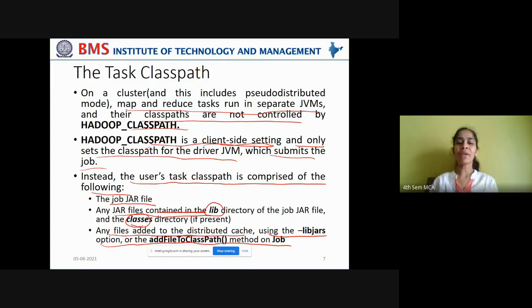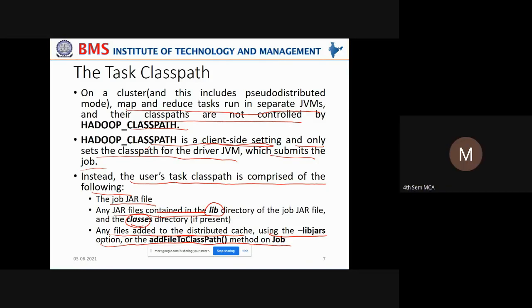Now, this distributed cache is a component which helps us reduce the transfer of jar files from one system to another system. When you have repeatedly executing jobs, those jobs' jar files can be cached so that they need not be created again and again.